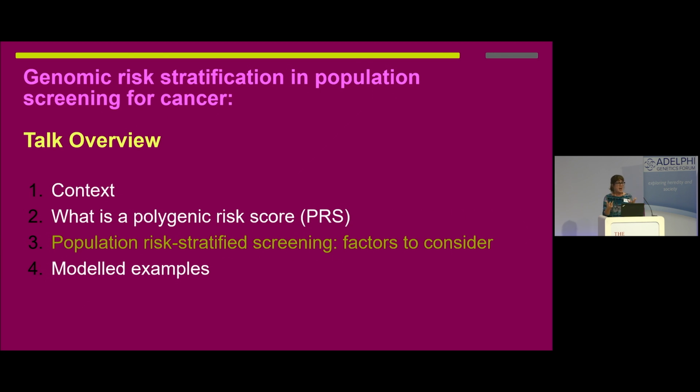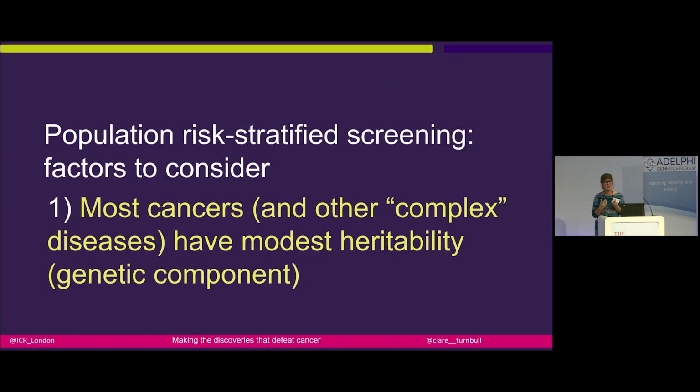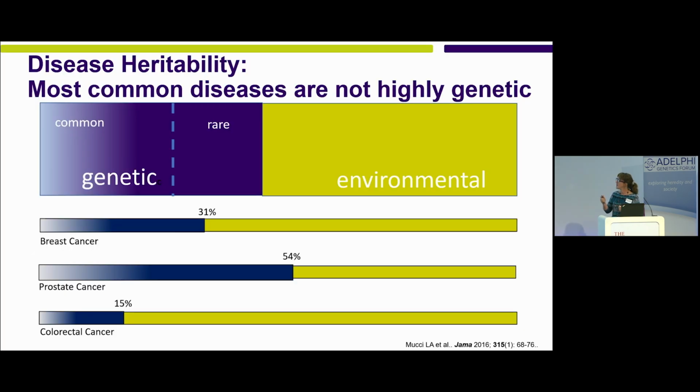So can we use these polygenic risk scores to help in our paradigm of identifying people at high risk of disease, high risk of cancer, and doing more to screen for early detection or mitigate disease? So what are the things that we need to think about around this? I think one of them is inherently, and this gets a little bit lost in our excitement for genetics, and Andrew presented this earlier, that we forget that most common diseases, and certainly common cancers, have quite limited